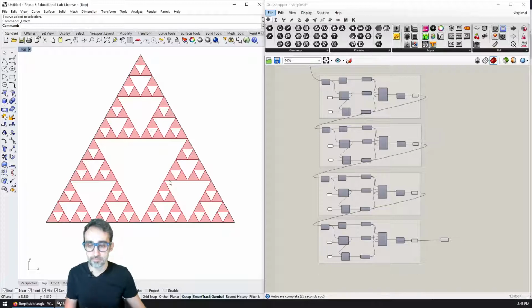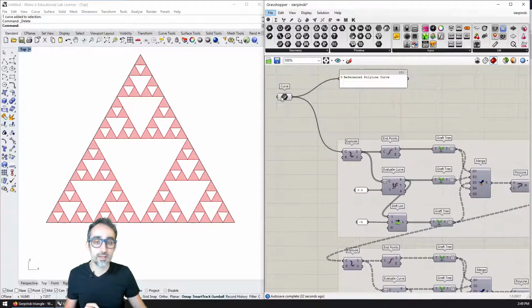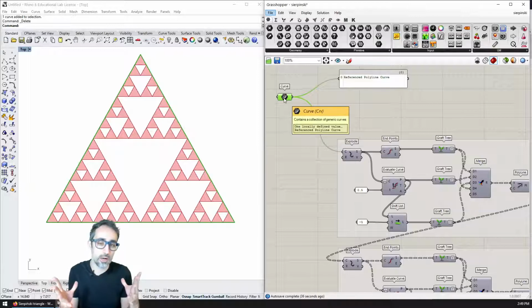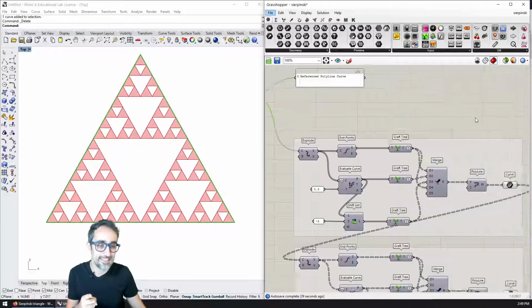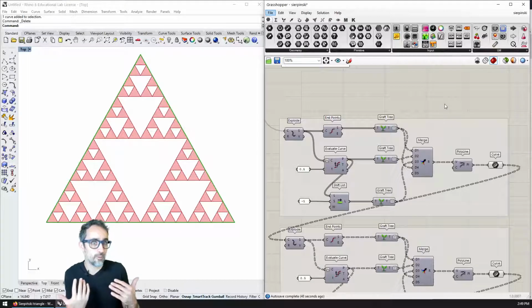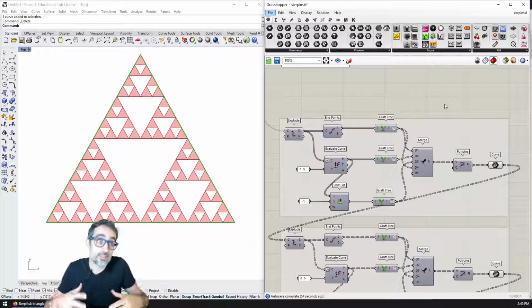Another thing I would like to highlight before I move on to the next video is that everything we have done here, we've done for this nice equilateral triangle, but there's nothing in this algorithm that requires the polyline to be a perfect triangle. It doesn't even require it to be a triangle at all, because everything we have done assumes just an input polyline as a sequence of points.